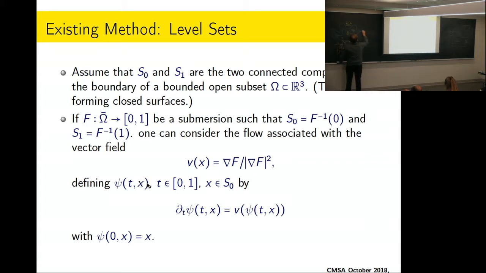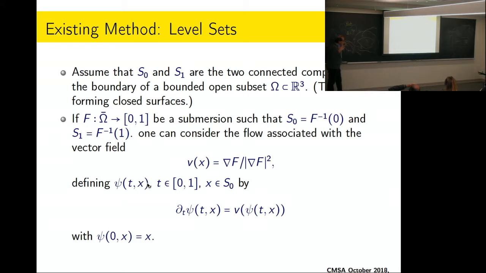You start from a function defined on this open set, and the assumption in all these methods is usually that you have closed surfaces. We have the set omega, which is the set between the two surfaces, and on omega you have a function. So for each x in omega, you can compute